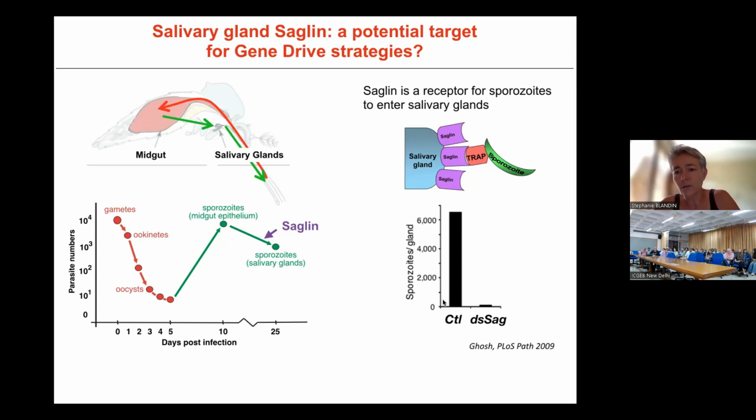In addition to that, they had knocked down the expression of saglin in the mosquito. The mosquito had decreased saglin expression, and there was also a decreased number of sporozoites in the salivary glands. So we thought, well, this is interesting. Let's first of all make sure that we can reproduce this phenotype. And if this phenotype is correct, then we can maybe exploit this as a way